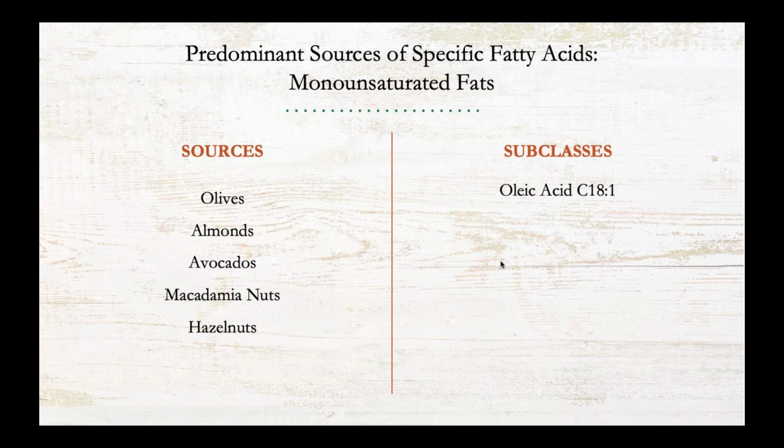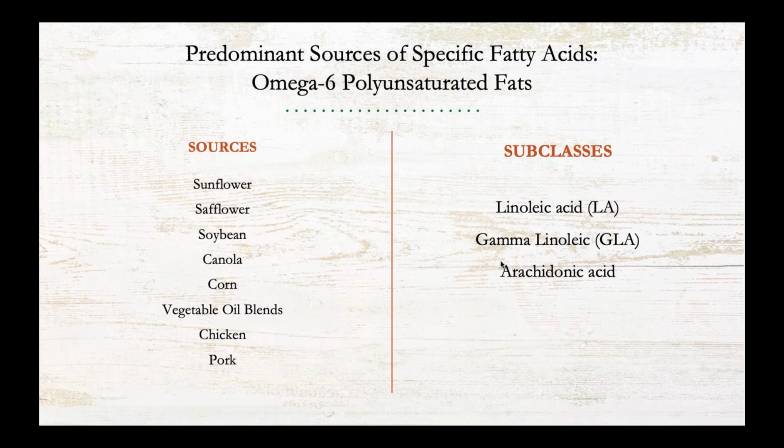And we'll get into the nomenclature here in a moment, but I'm just trying to familiarize everybody with your 3 major classes. I won't spend too much time on trans fats, because even though some do occur naturally in the fermentation process and in the lower GI of a ruminant, trans fatty acids are really something more like, I call them, a new to nature molecule. They are present in certain fermented foods at very, very minute amounts, but even those are different than what would be produced synthetically in a processed food. So I'm really going to stick with saturated fats, monounsaturated fats, and then as we get into the polyunsaturated fats,